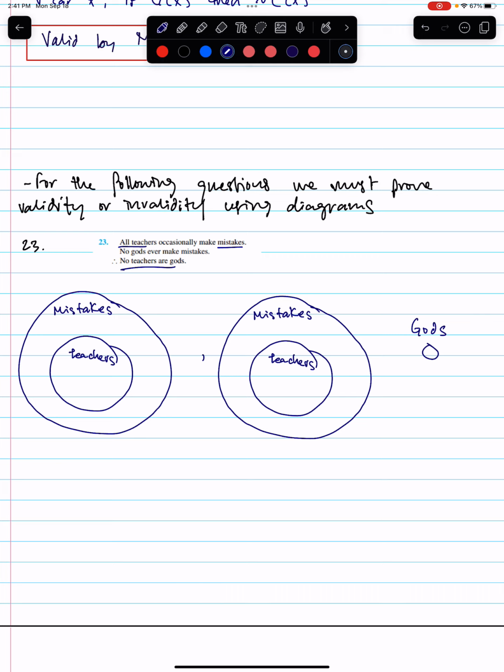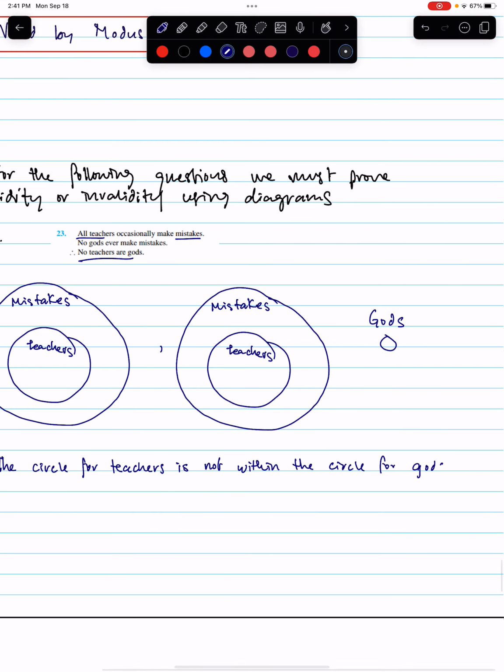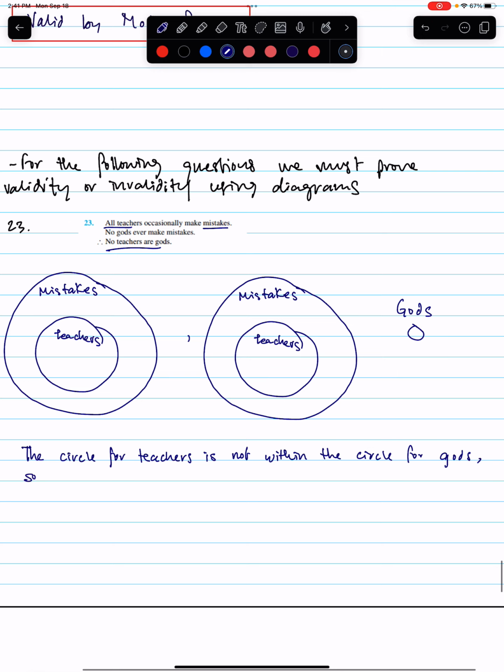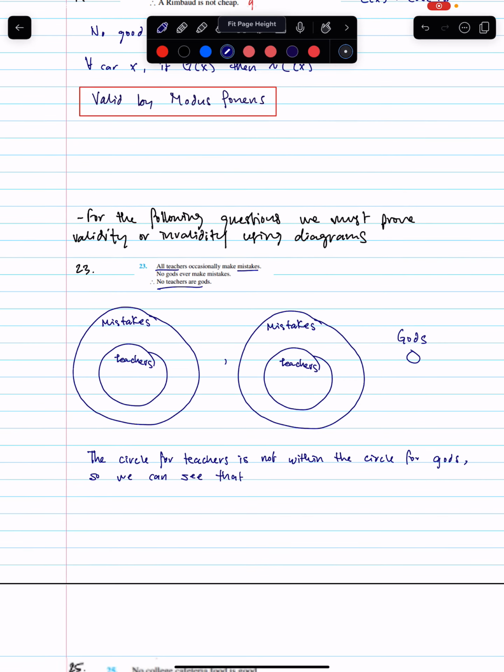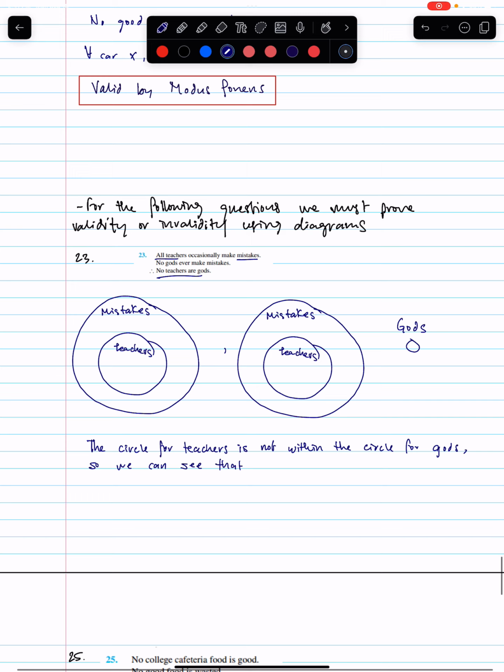So that would mean no teachers are gods. So since teachers are not within the circle for gods, we can see that they're independent,